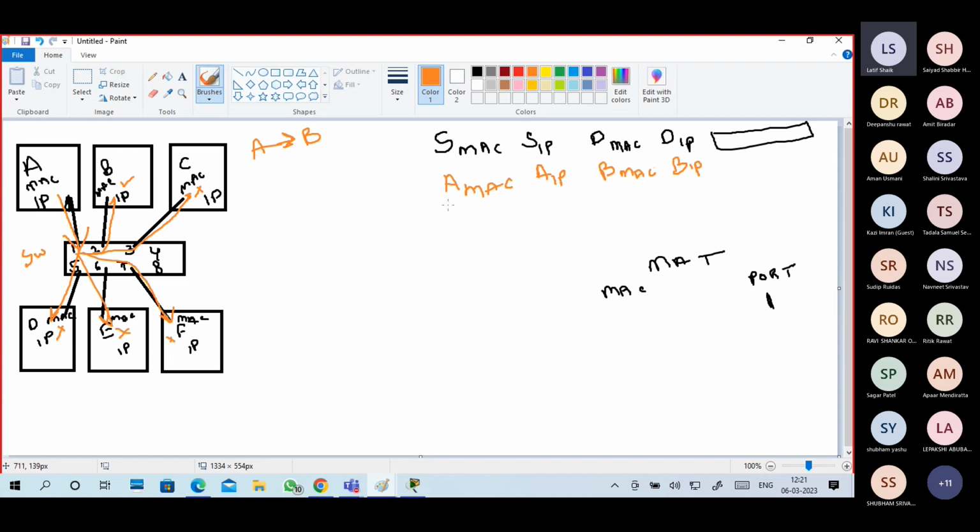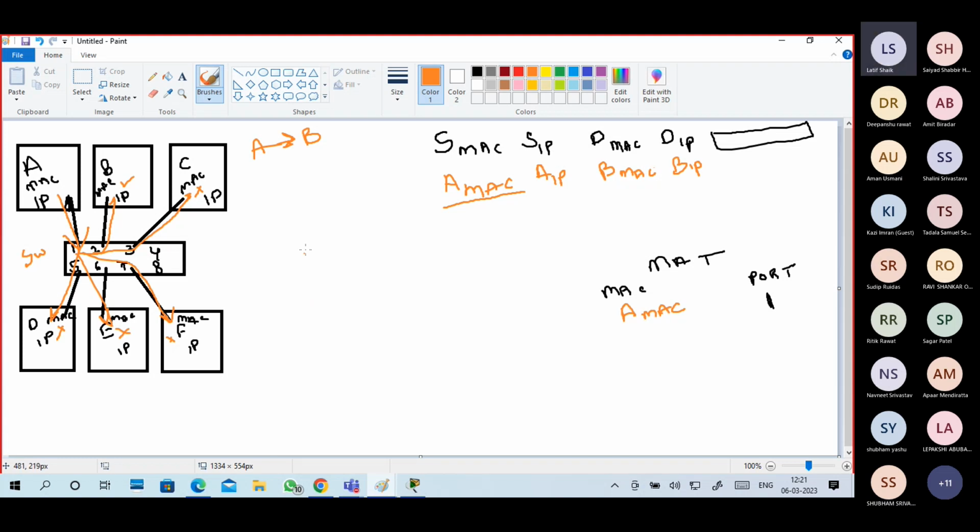So what does that packet contain as source MAC address? Whose MAC address is it? A's MAC address. Very good. So it maps like this: A's MAC address, port number 1.